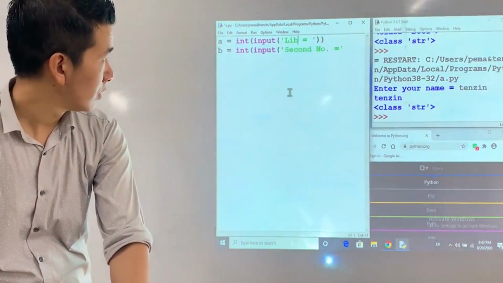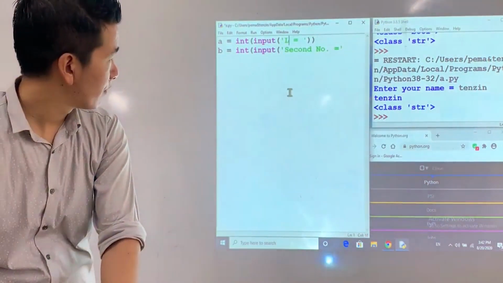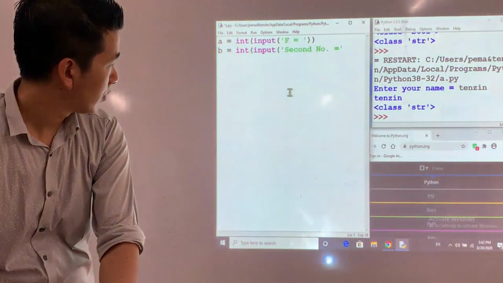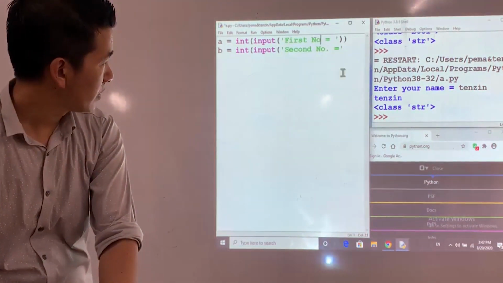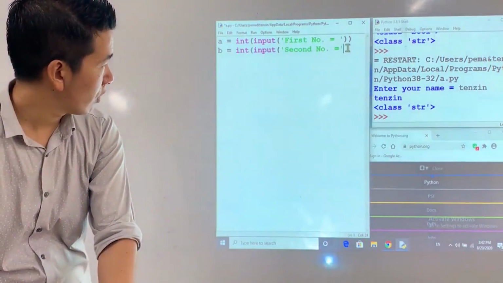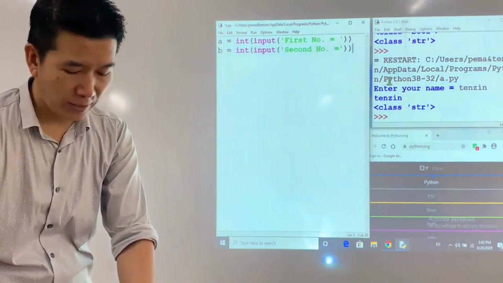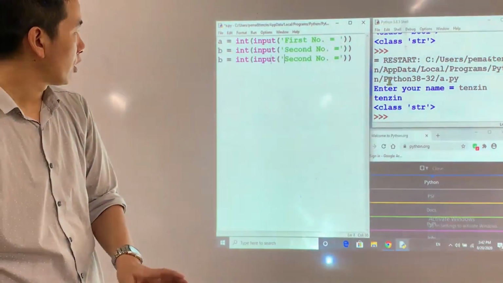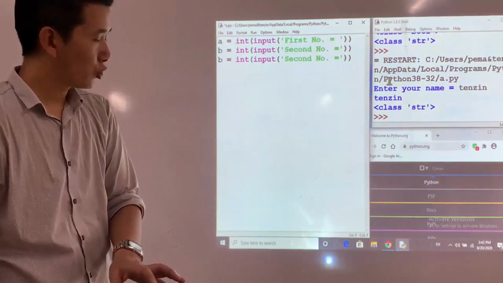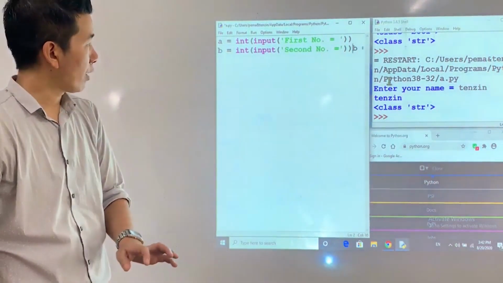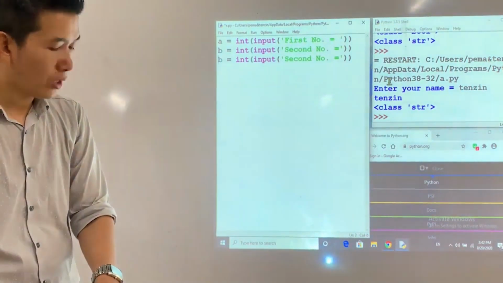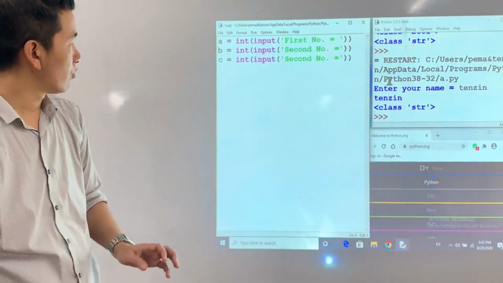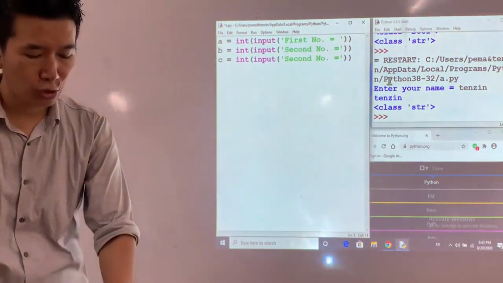Okay, this is first number, and then you have a couple of brackets. Then do the whole thing for C. Do not copy and paste it; I want everybody to write the program all over again. I'll change this to C, and then change this to